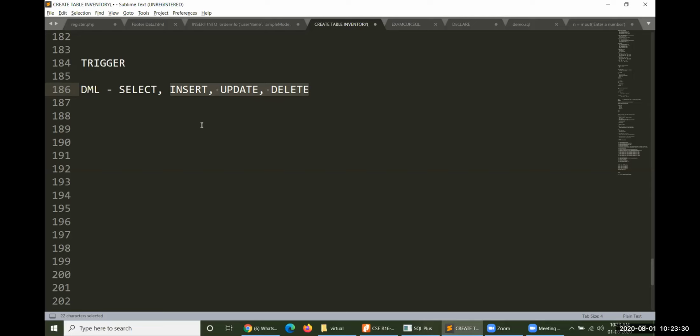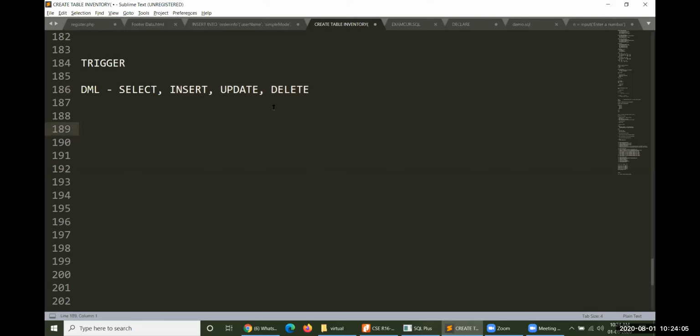Intervene in the sense that, unlike a cursor, the PL/SQL program should not be run by you again and again. It will be automatically fired if insertion, updation, or deletion happens. For this reason, triggers are very, very important. They are automatically executed for the specific operations on the table where we have written them, for insertion, updation, and deletion.